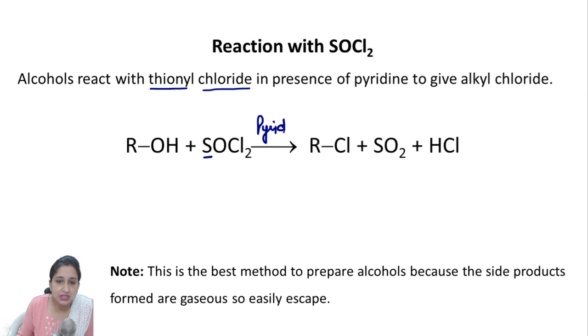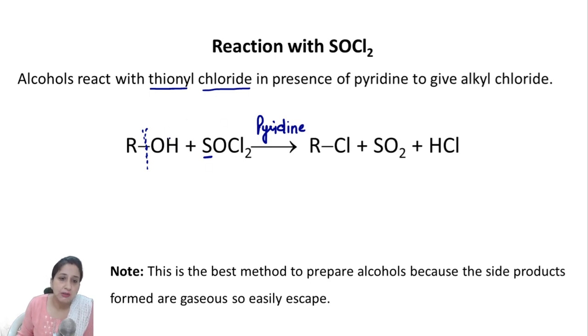So this reaction again takes place in the presence of pyridine, and we get the same product, because whichever examples you are doing involving the cleavage of this bond, OH has to be removed. So whichever second reactant you take, the corresponding negative portion of the reacting reagent will take its place. OH will be removed and the negative portion of the reacting reagent